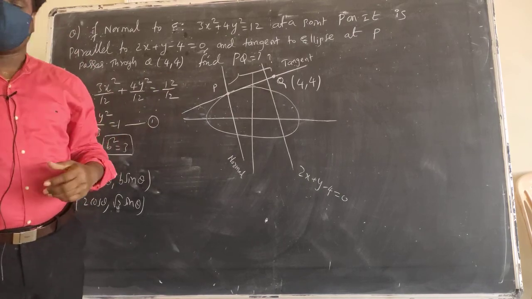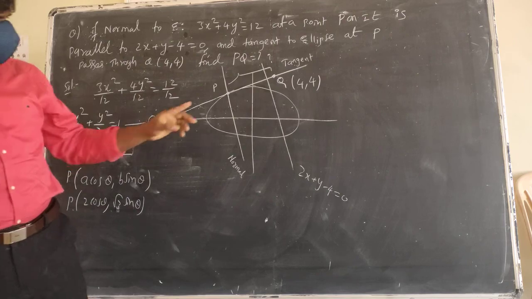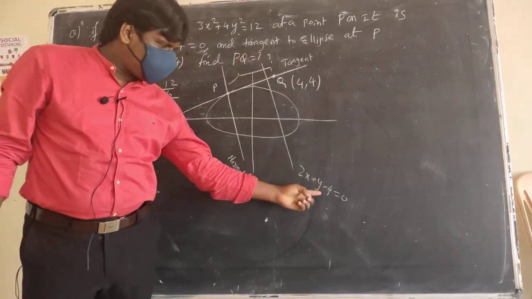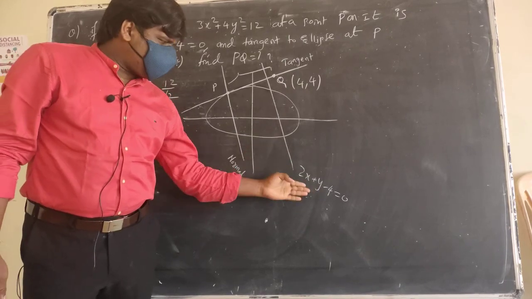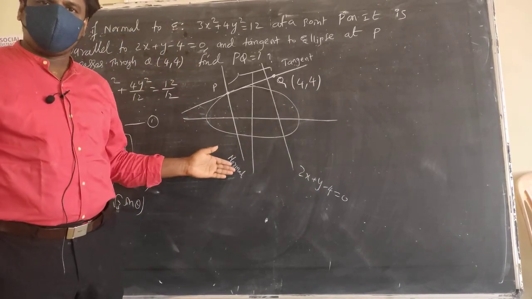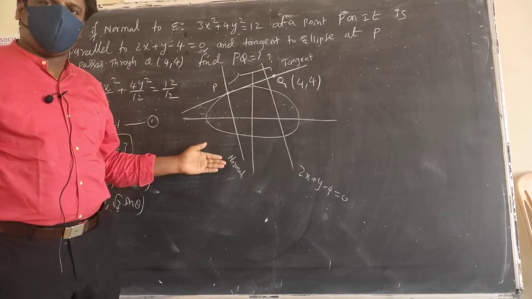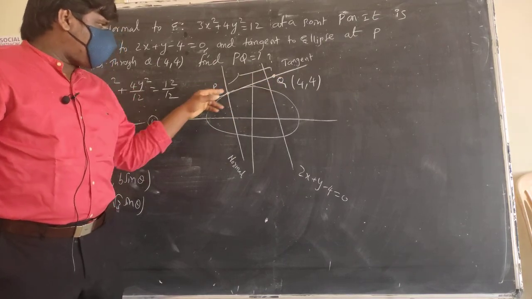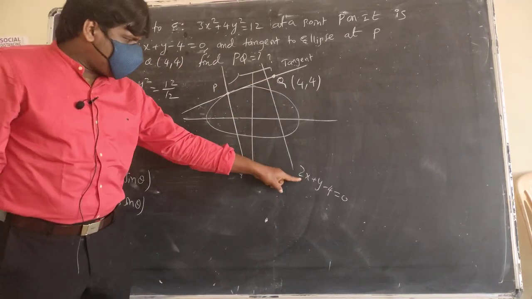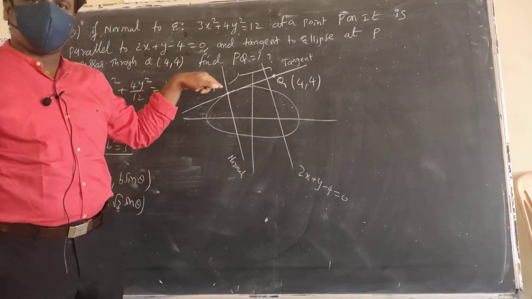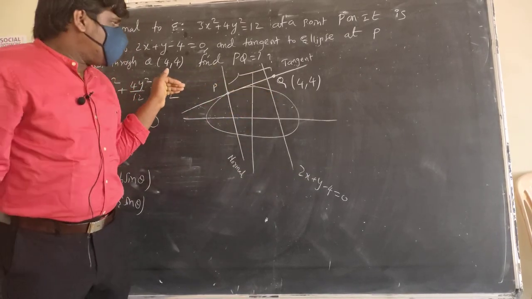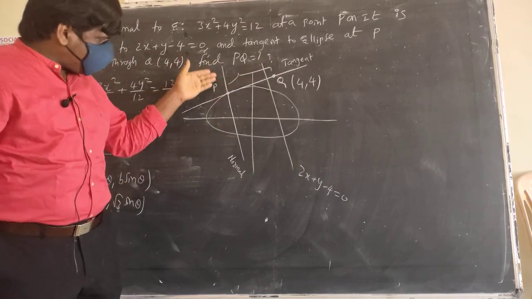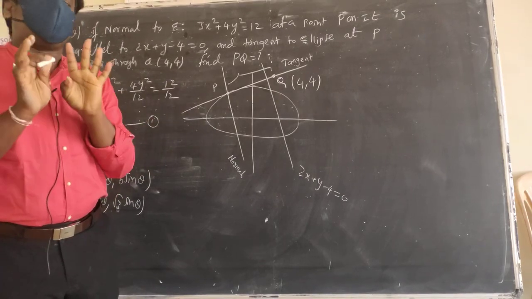You can find it in many ways, 2-3 methods are there. One method is like this. You know the slope of this line. If you know the slope of the line, then you know the slope of the normal, and you can find the equation of the normal. And if you know the point the tangent is passing through, and the tangent slope, because they are perpendicular to each other, then you will get the equation of the tangent also. So that is one of the easiest ways.